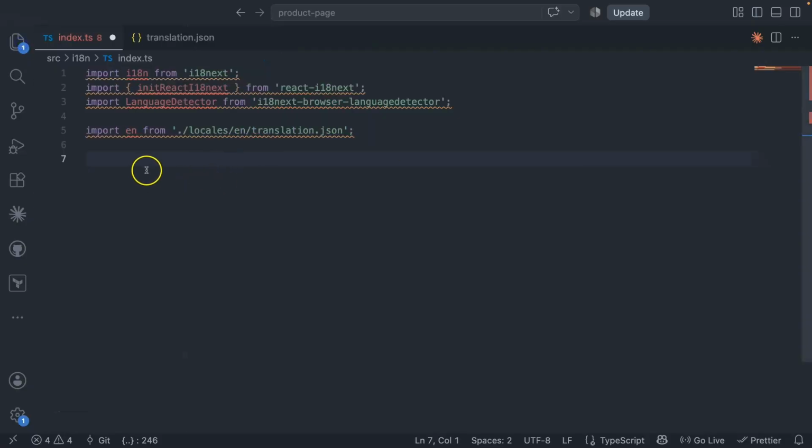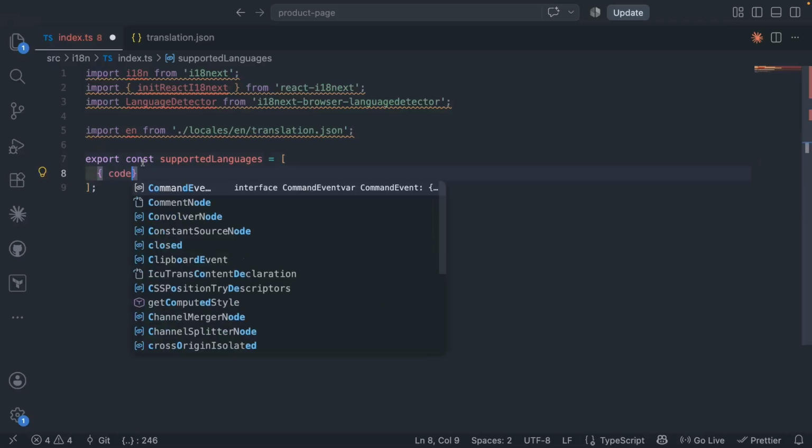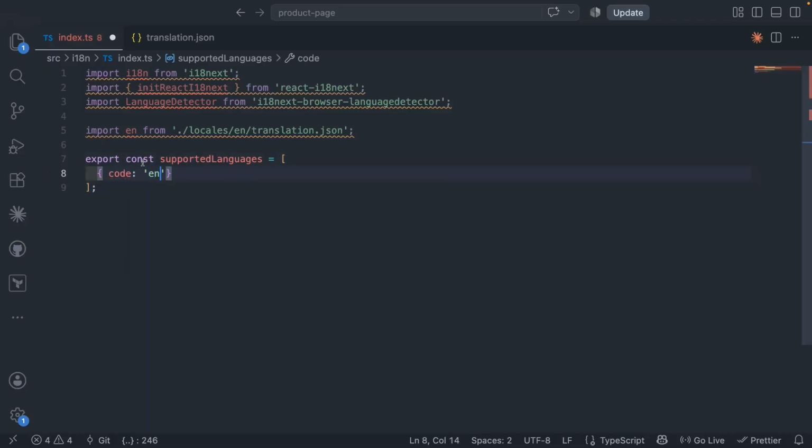Let me just collapse this. So export const, I'll call this supportedLanguages, and this will just have an object. So the code en, the label, so English,